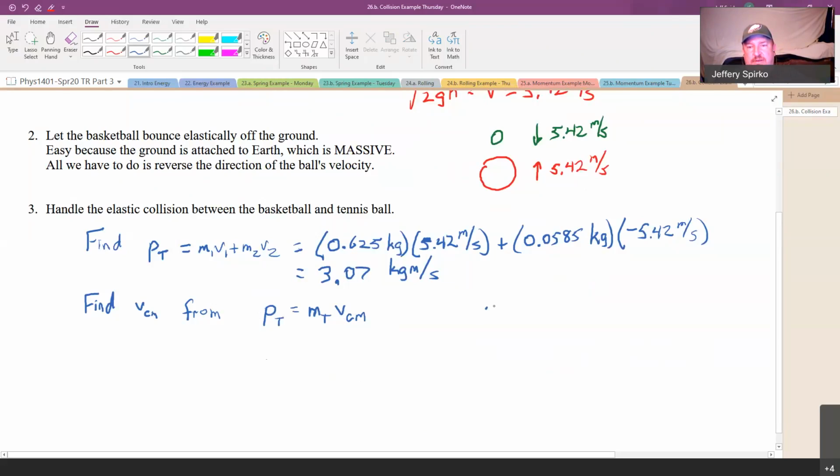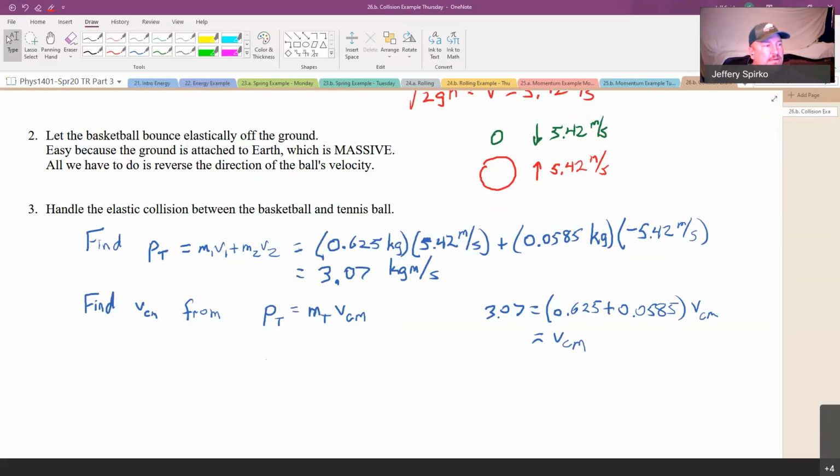So we set 3.07 is equal to total mass, 0.625 plus 0.0585, times V center of mass. So then we just have to divide to find V center of mass, so it's equal to that momentum divided by parentheses mass 1 plus mass 2, 4.49